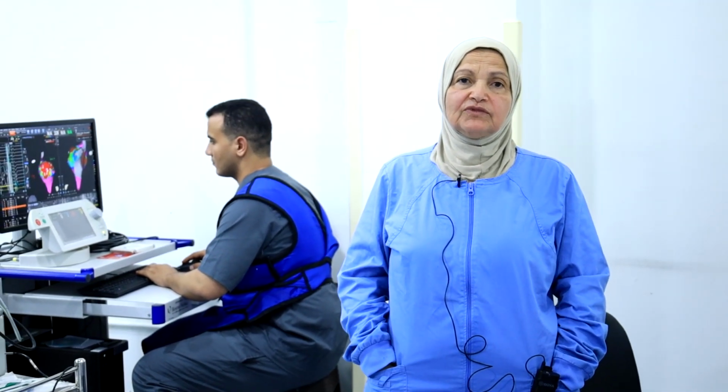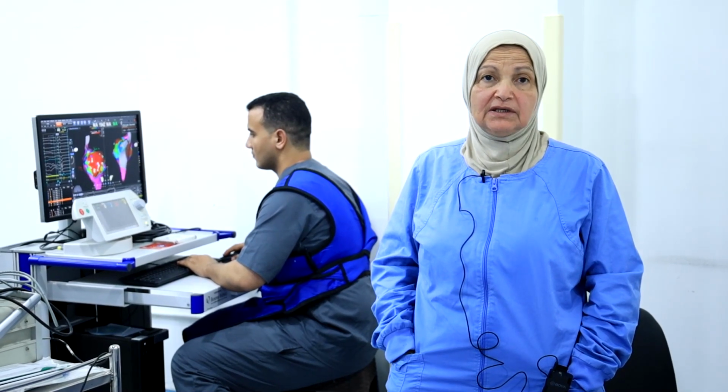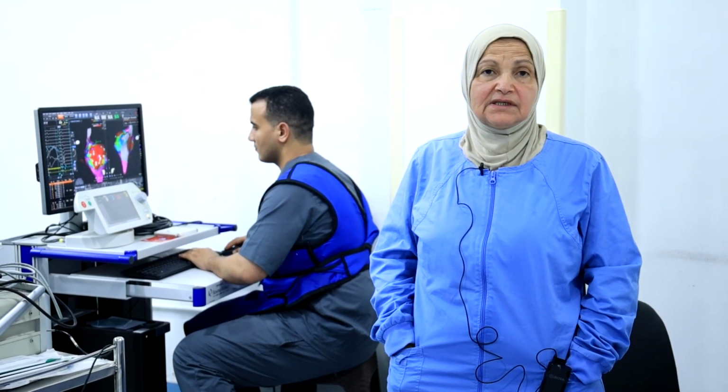After he received his ICD, the patient started to have many shocks. We'll see his programming. His ventricular tachycardia was sometimes causing syncope, although it was terminated by anti-tachycardia pacing and sometimes by shock, but he was collapsing. So we reprogrammed him to have the shock early and the anti-tachycardia pacing early. He kept having his tachycardia, so we gave him a session of ablation, and we'll show you